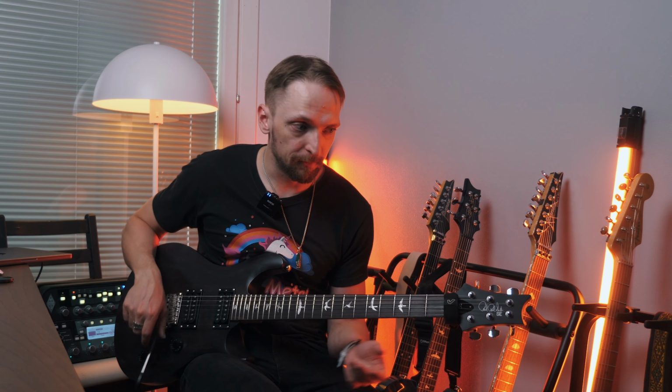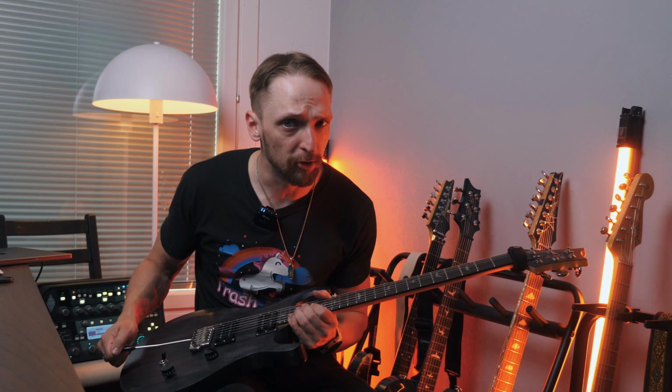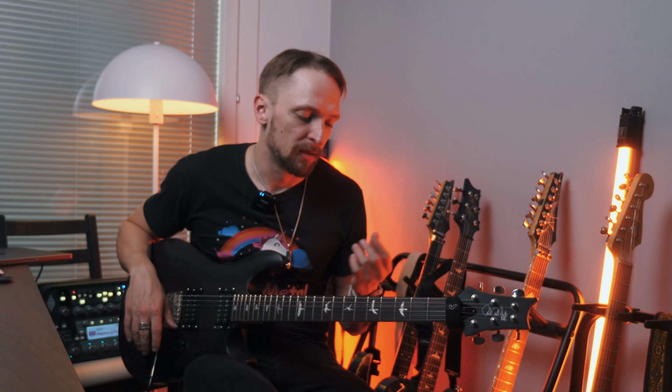But then if I have to compare to my Core Custom 22, I know it's not really a fair comparison, but I think the only difference that I feel is the tremolo here, which feels different. I'm not saying it's better or worse, it's just different. I think I need to get used to it, and that's it. But other than that, the neck feels really comfortable to use for all the shredding stuff,